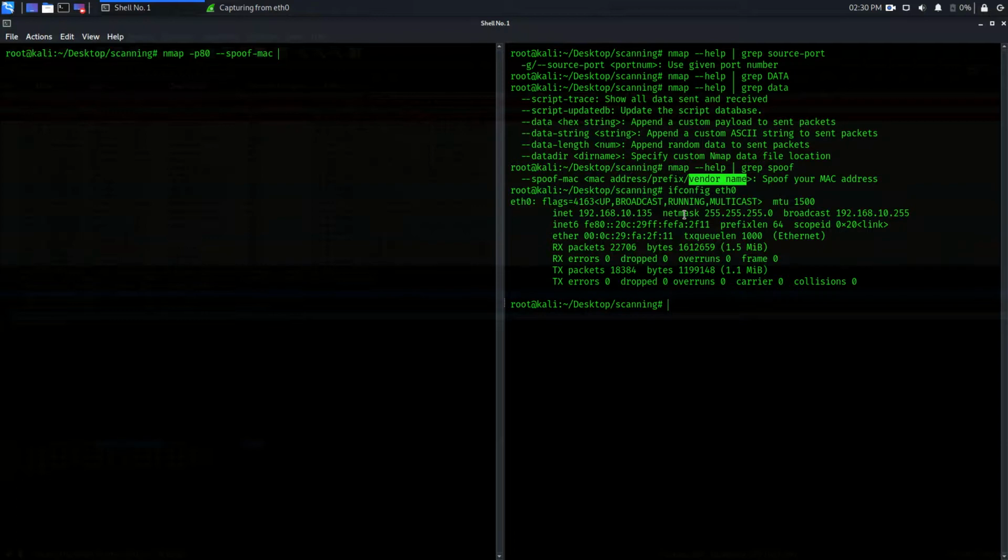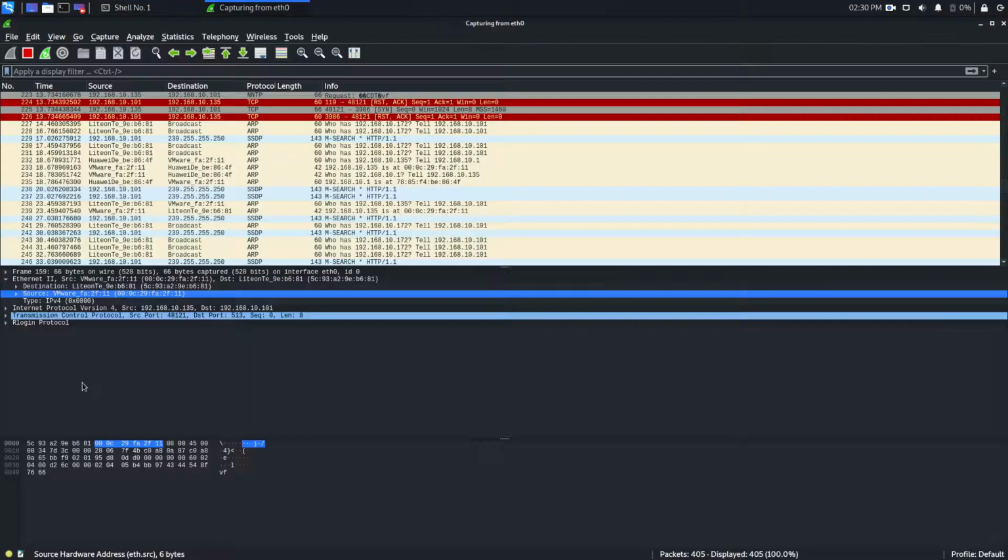Like you can make your MAC address look like a Dell machine, an HP machine, an Apple machine, like that. Right now, as you can see, my source MAC address is detected as VMware, because I am running this machine on VMware.